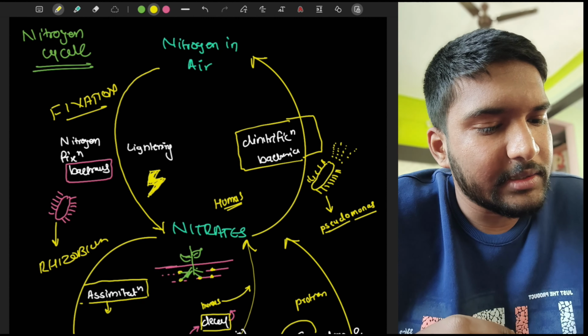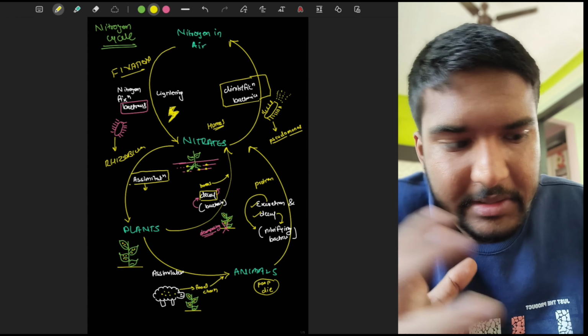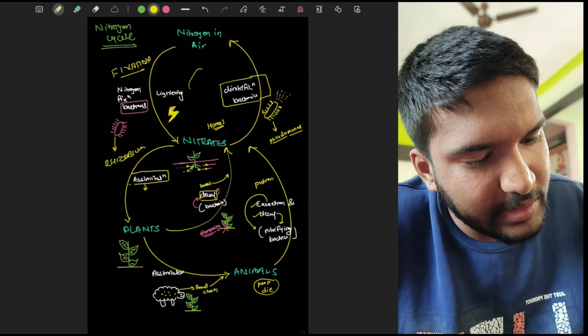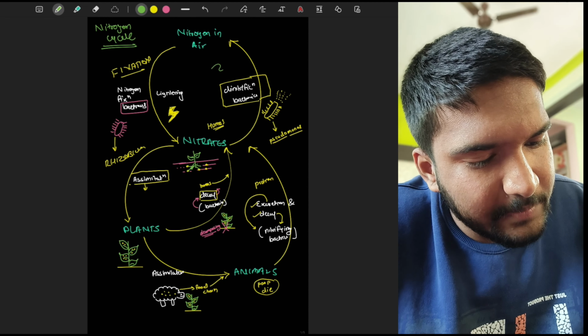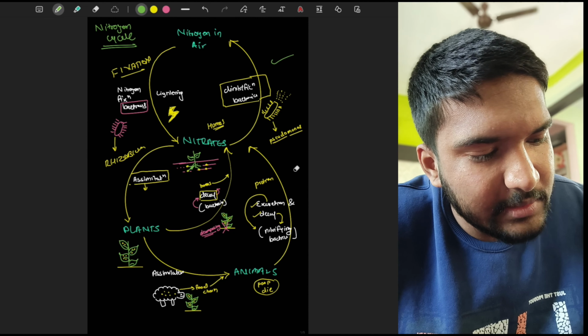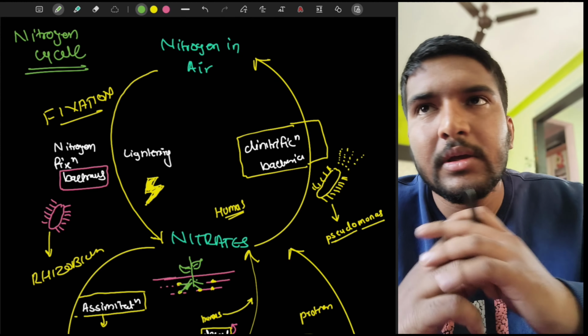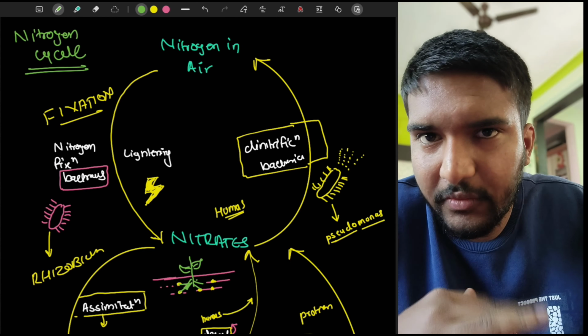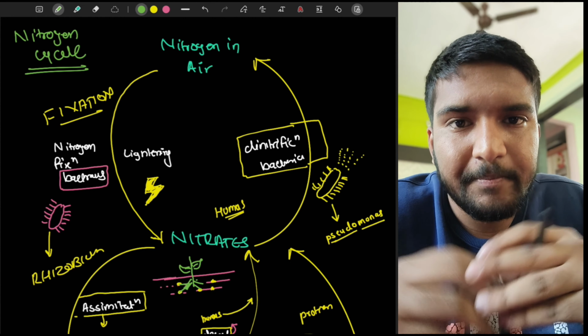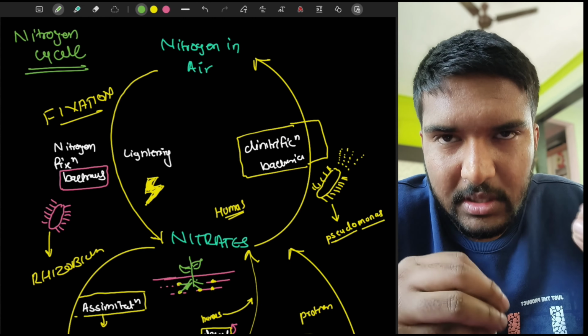I would like to give you the entire look. So this is how it is. It has two basic chains. You can see this one. Let's change the color. Okay, you can see this one, and there is another chain, the second one. Let's just focus on how gaseous nitrogen is converted into nitrogen compounds, and then how this gets into our bodies, and how it gets from our bodies to compounds, and then from compounds of nitrogen back to gaseous nitrogen. So this is the entire process that we would be following.